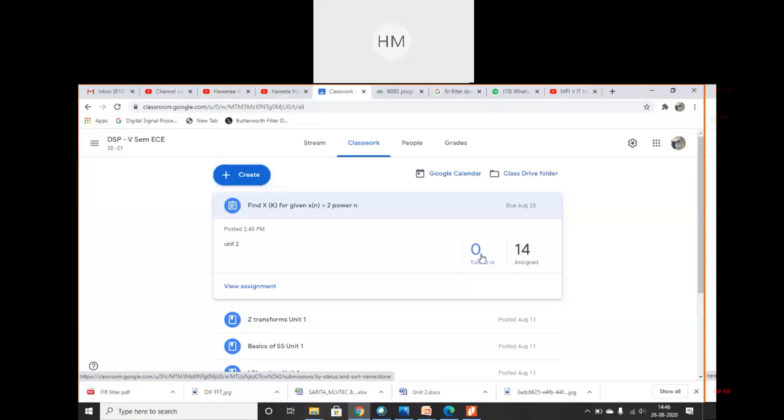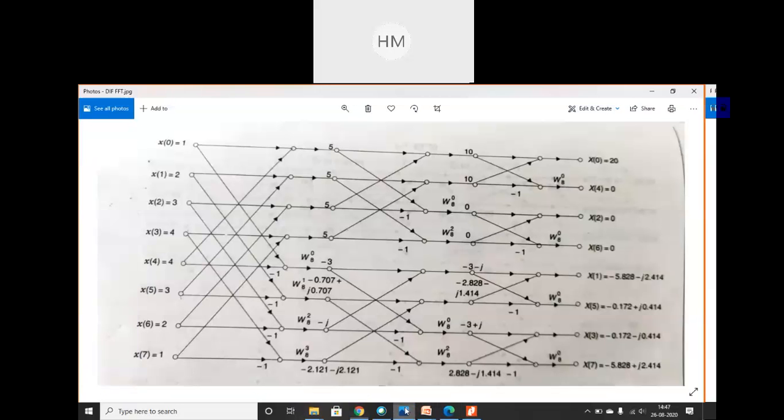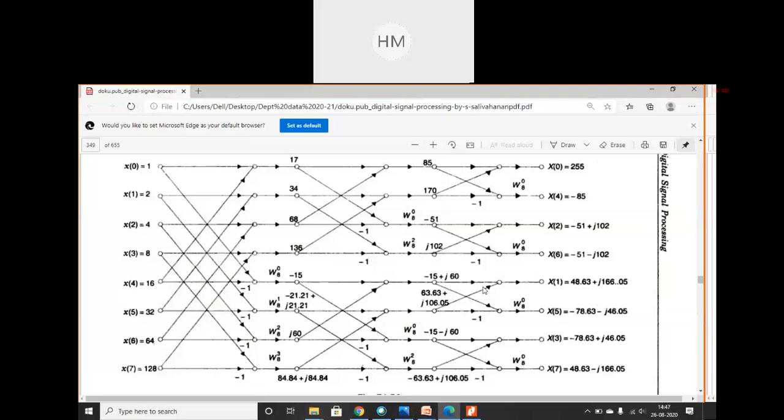X1. तुम लोग का आंसर आ गया क्या DIT वालों का? नहीं. So next answer. फर्स्ट स्टेज में क्या आउटपुट के लिए ट्विडलर फैक्टर से मल्टीप्लाई होगा x2 का. Why you are getting confused? Draw the diagram properly. Where is the confusion? We will simplify one if you are having confusion.